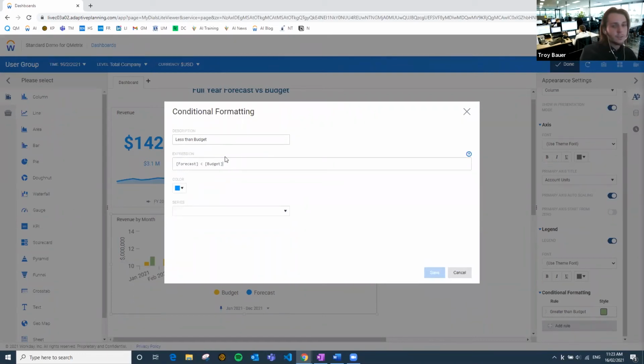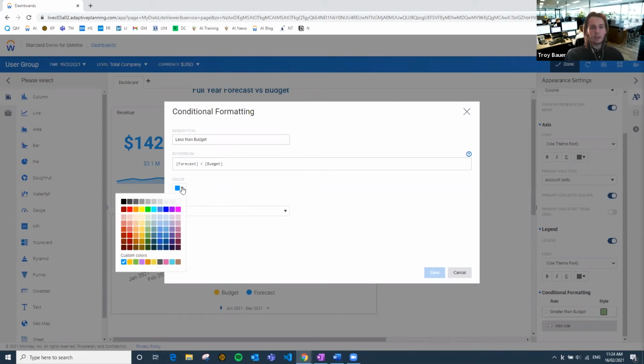budget. Define your series with square brackets. For any more info on how to create these expressions, I definitely encourage you to click on this question mark here. That will open up another HTML page, which can give you better insights on how to create expressions. This is a really simple one, but if you want to do more complicated ones or refer to accounts that are outside of dashboards, it can get a bit complex. So I would advise you to look at this question mark and explore that page to get a bit of insight into how to create these expressions.